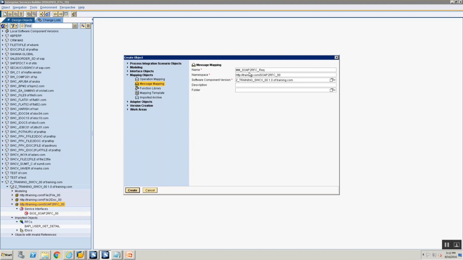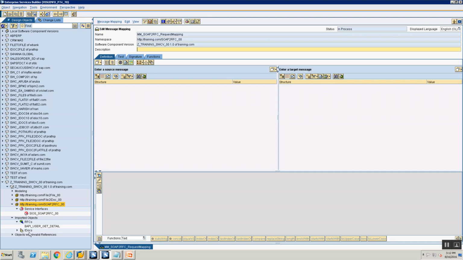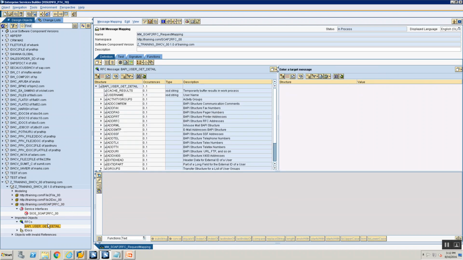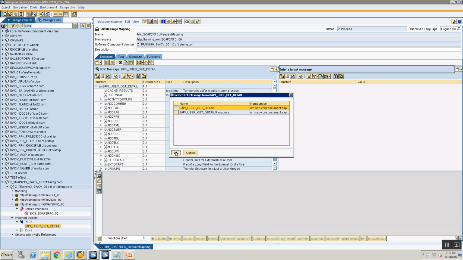Let's look at that. We are going to define SOAP to RFC request mapping. Okay, what does request mapping look like? Let's see that. Okay, so what is my source structure going to be? My source is going to be the BAPI request, and my target is also going to be my BAPI request.